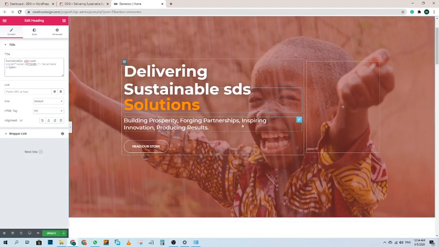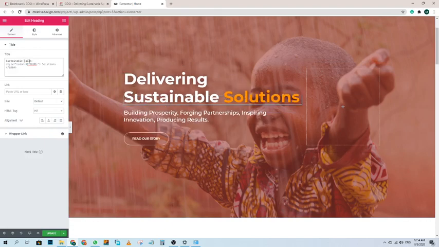So these two are the headings, and this is your paragraph text. Sorry, this is also the heading. When you click on this pencil icon you can see the name of your element: edit heading, edit heading, and edit heading.